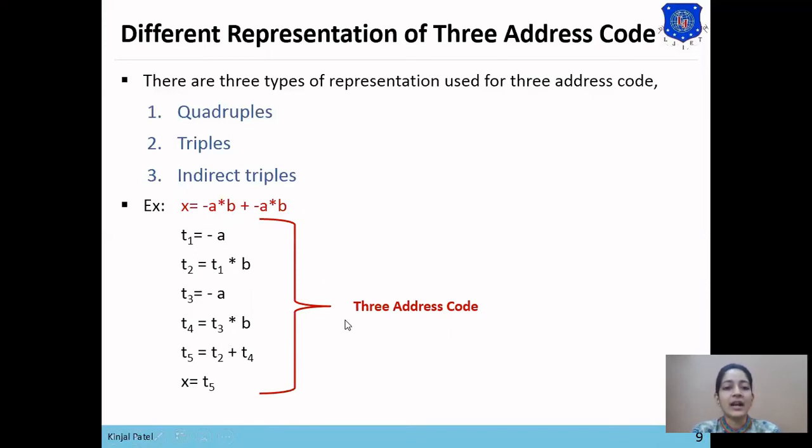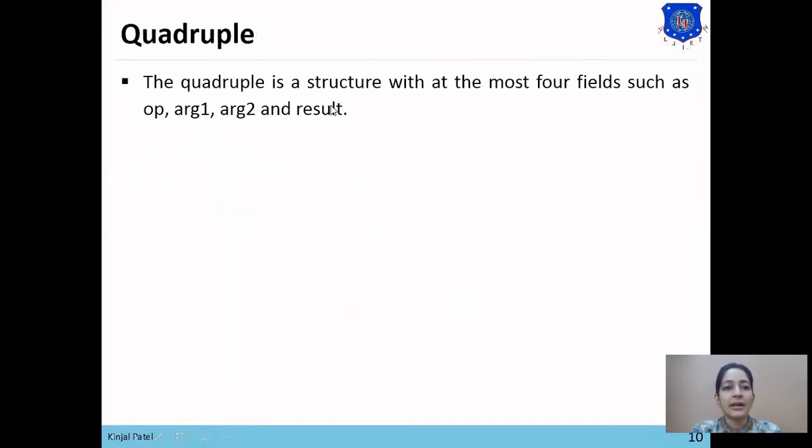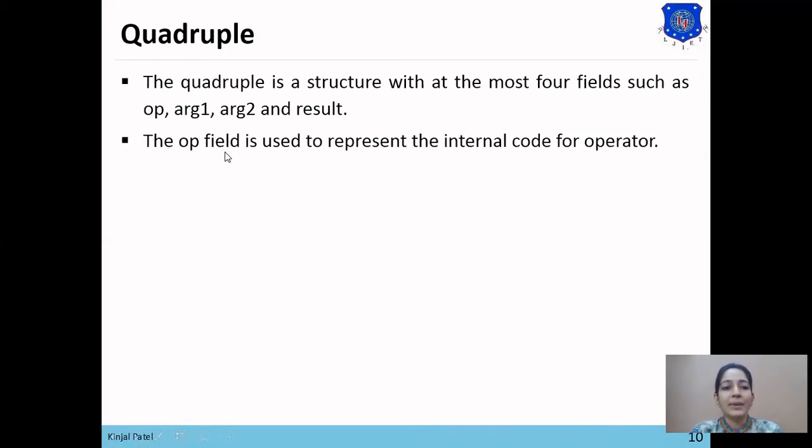Now we'll see how this 3 address code can be represented by quadruples. So a quadruple is a structure with at most 4 fields such as operator, argument 1, argument 2 and result. The operator field is used to represent the internal code for the operator.